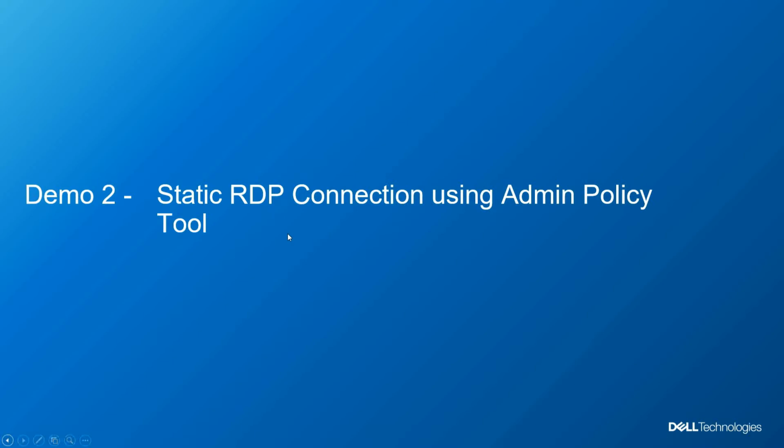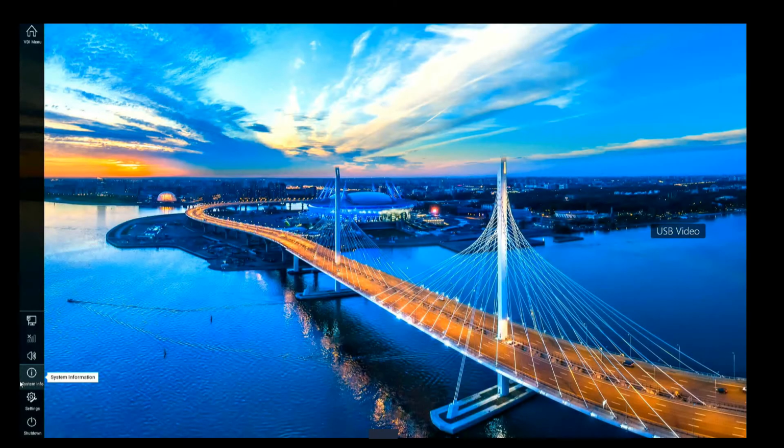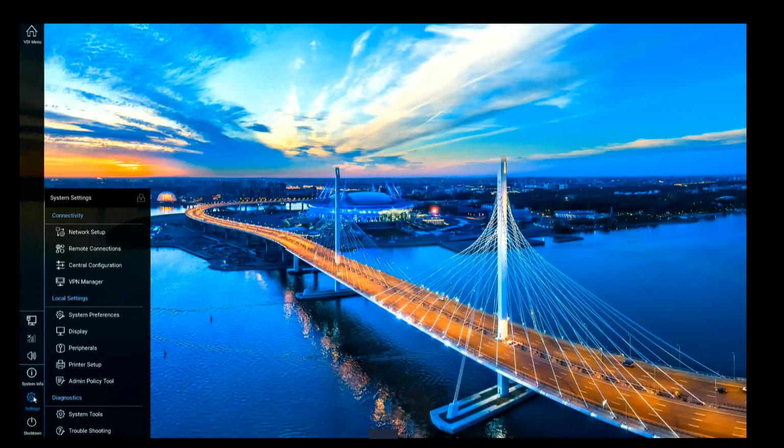So now that we've completed demo 2, let's move on to the third demo. For this demo, we're going to install the VMware Horizon package, and then we're going to make a connection. So getting increasingly more complex, and maybe more realistic to the work that you might want to do. So we need to download the Horizon package like we did before at